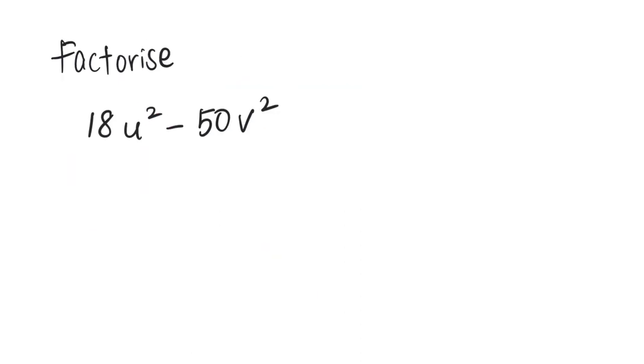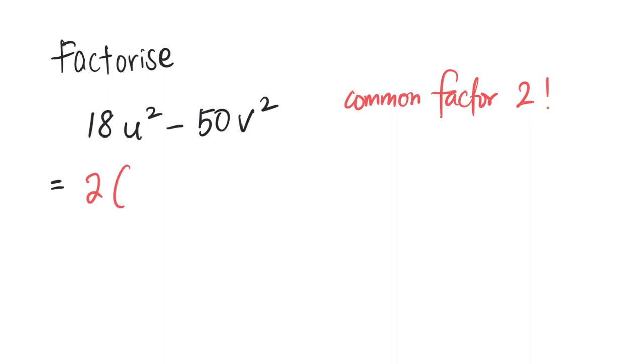Hello everyone, welcome to this question where we are required to factorize the following. I see there's a common factor, 2. I'm going to take out 2 as the common factor. And I'm left with 9u square minus 25v square. And so the 2 will always be outside. And at this point, for this bracket,